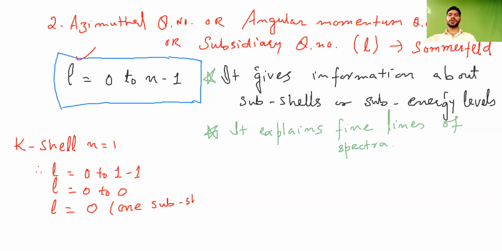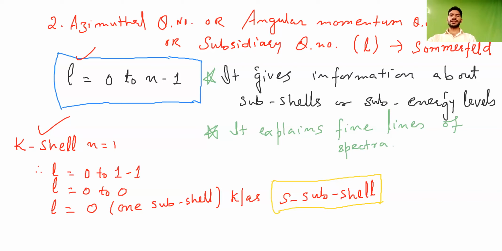Have you got this? This is very important. You have to remember that in the first K shell, there is one subshell. And what is that one subshell known as? You will write that it is known as the s subshell. Subshells are given the names s, p, d, f. We will see ahead one by one. But first note down that we have one subshell in the first shell, and that subshell is known as the s subshell. We have just calculated it from the l value, which is always calculated as 0 to n minus 1. Is it clear? Have you noted this down? Shall I move ahead?